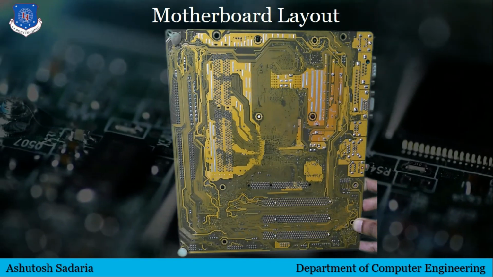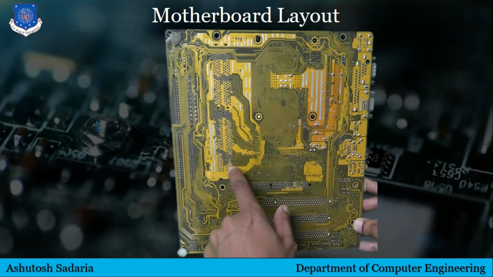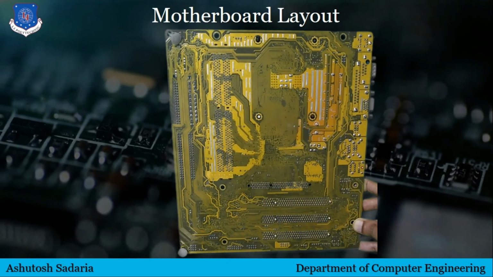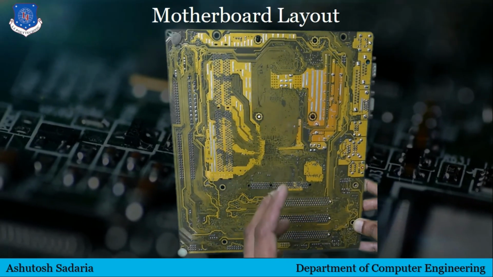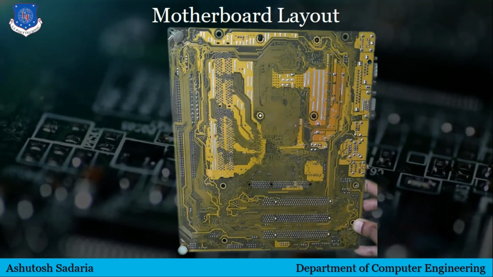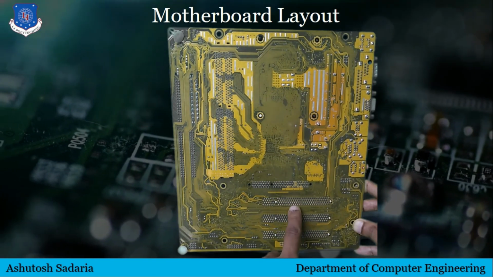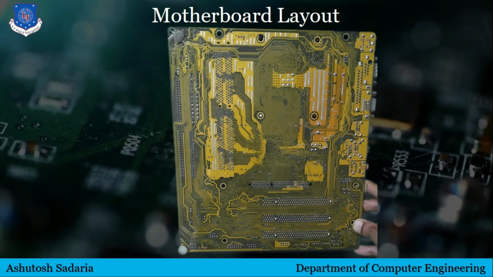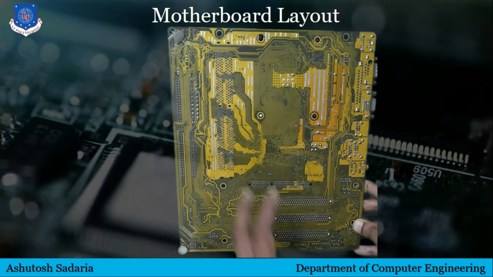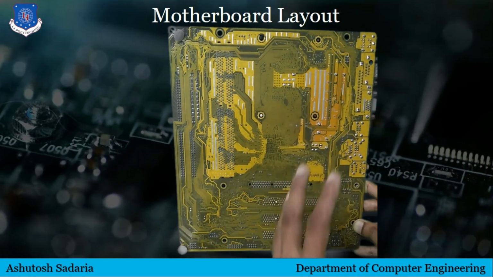Now let's see the back side of the motherboard. On the back side you can see that different tracks are drawn. Those tracks are essentially a bus that connects different types of devices mounted on the motherboard, and you can see some pins. Those pins are usually the sockets which I showed you on the front. So all those components are connected to each other using tracks, and you can see those tracks on the backside of your motherboard.